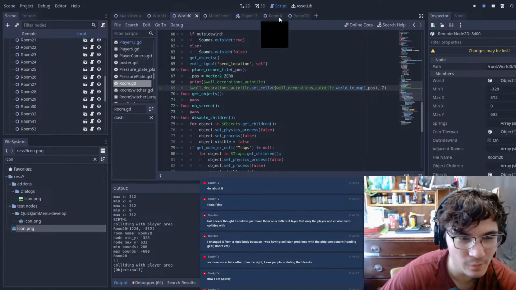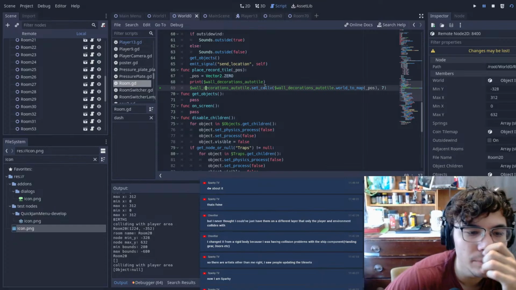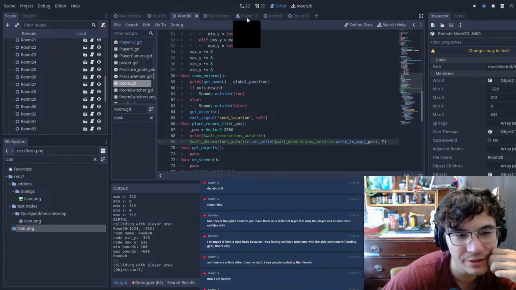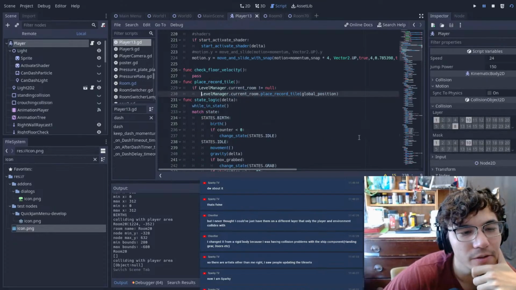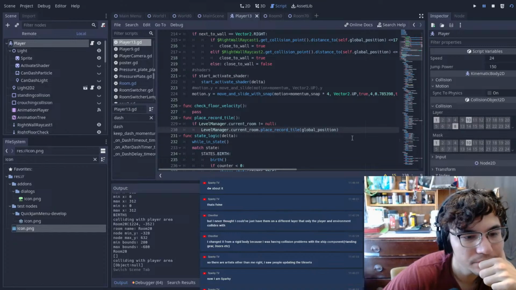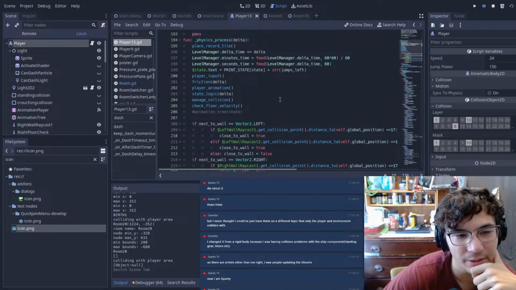Okay, so at the moment, wall decorations auto tile doesn't exist for some reason. I think maybe we have to wait a few seconds before everything gets instanced because this is running in our physics process. I would assume everything in our physics process runs only after everything is running, but maybe it has to do with our